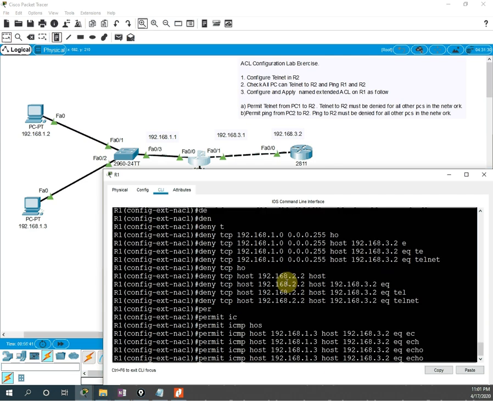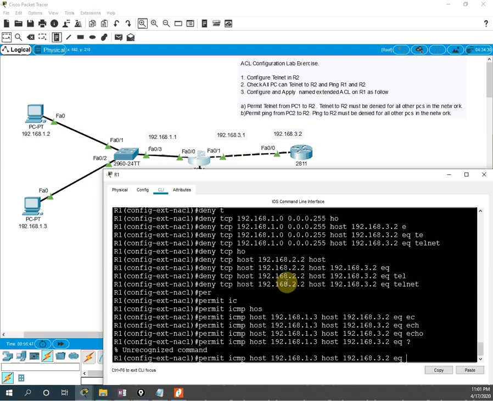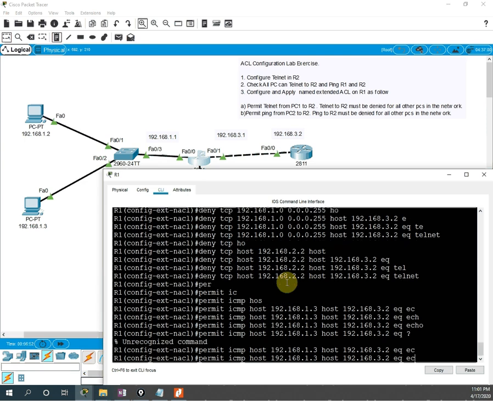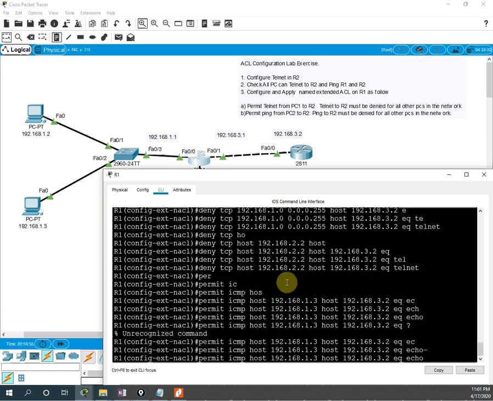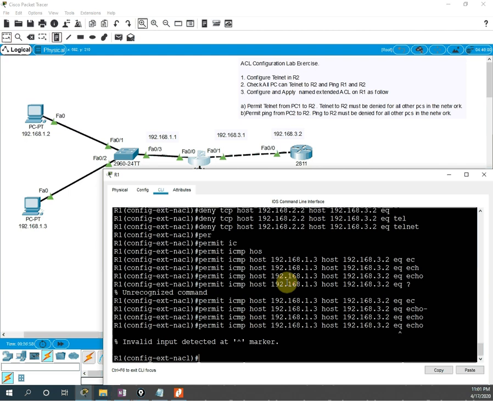Echo, and if we press question mark we will get help here also. Let me write question mark, it is giving echo, let's see, equal, echo dash. Let's write. Echo is not taking, we missed something. Let's see, permit ICMP 192.168.1.3, then this host and equal operator we are writing.